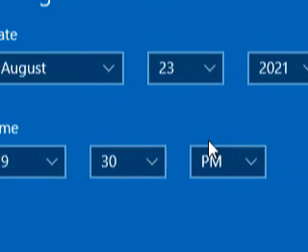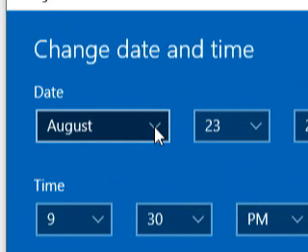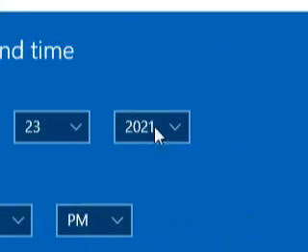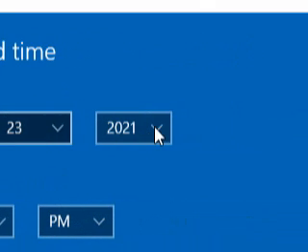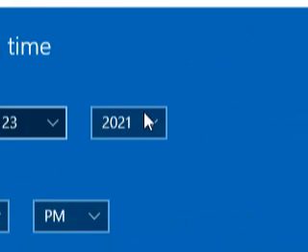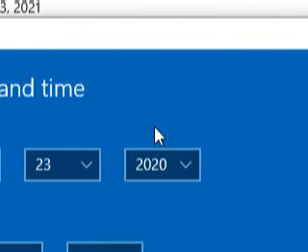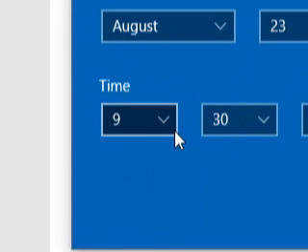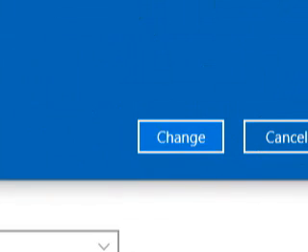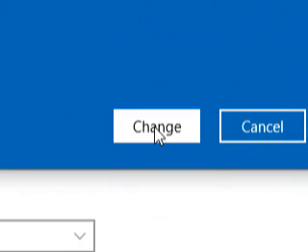And in this dialog box, you should choose your birth date or birth year alone. So whatever you need, you can change. For example, now I'm moving to 2020 and I'm going to set the time as same as here. Then give change. Now I changed the calendar to 2020 year.